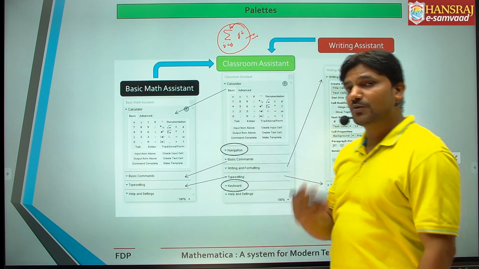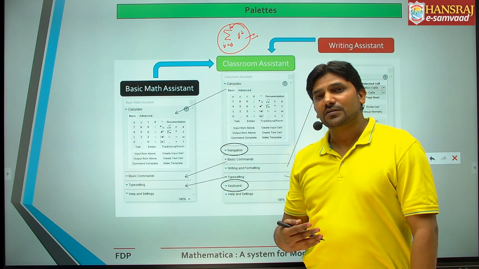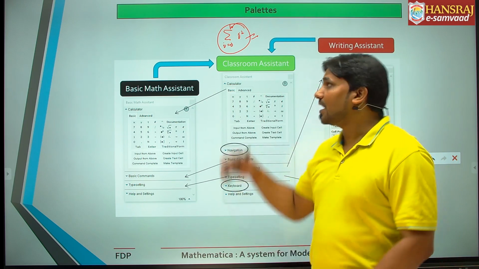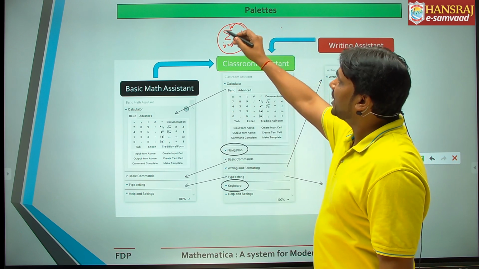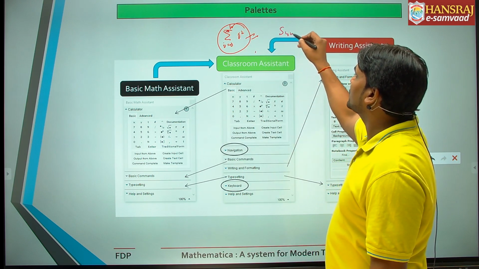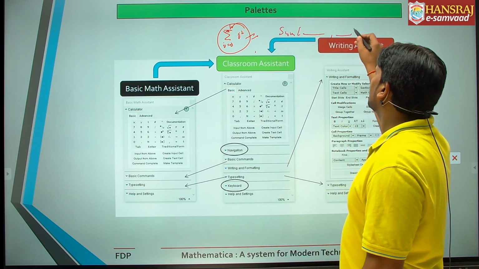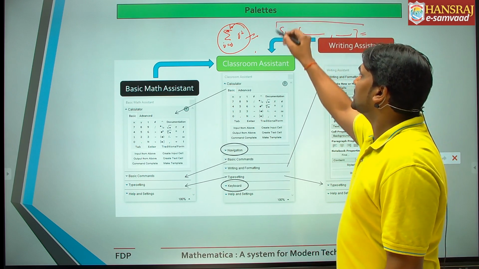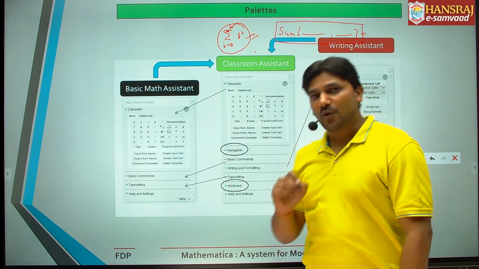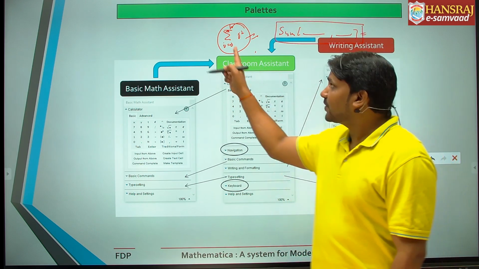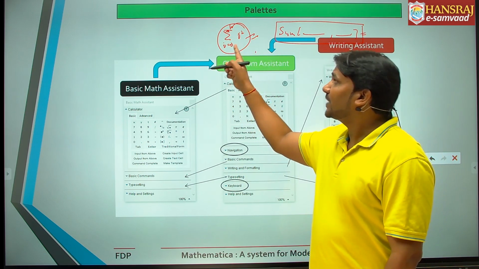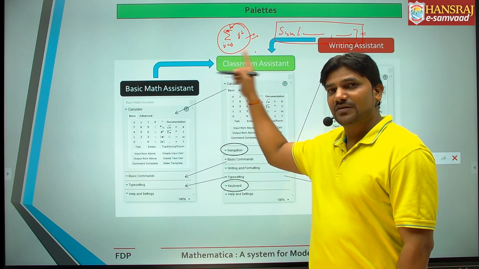There is no need to work like a programming structure, like because I am using sum here, then I will go to some sum, then some code, then some range, and like that. So this is the mathematical coding way, and the palettes provide you an environment, so you can directly write summation